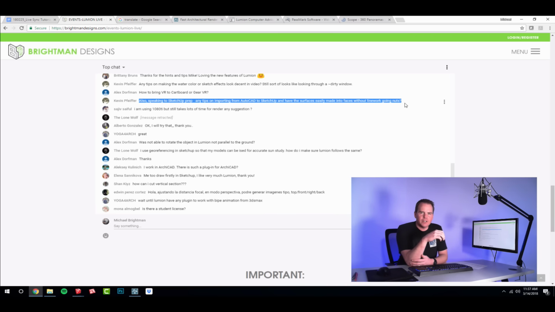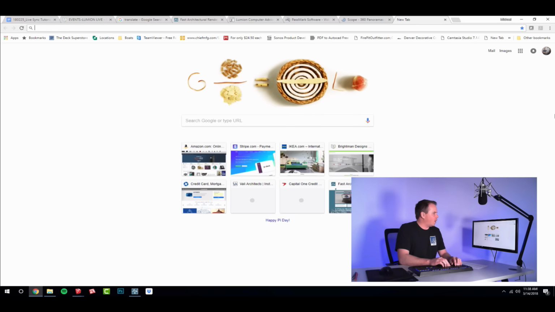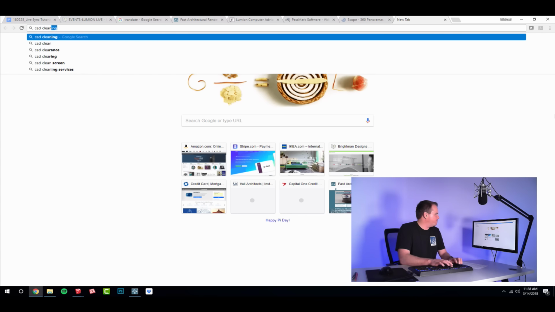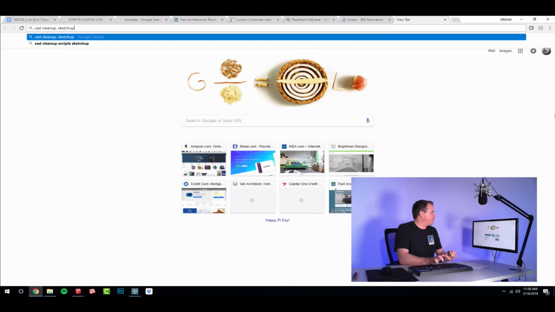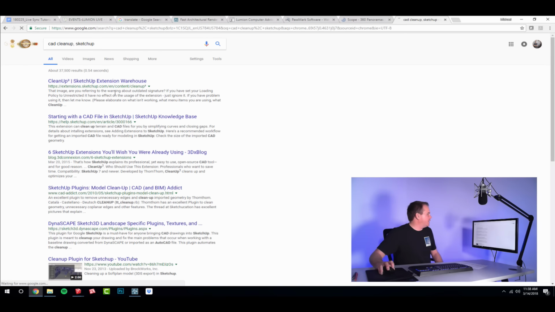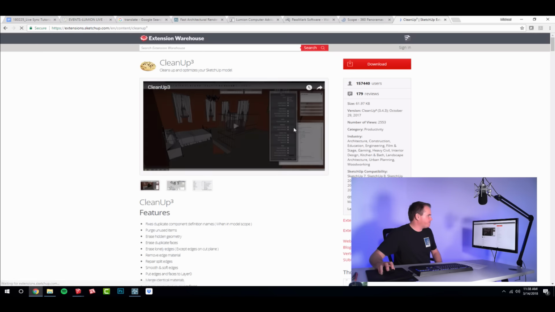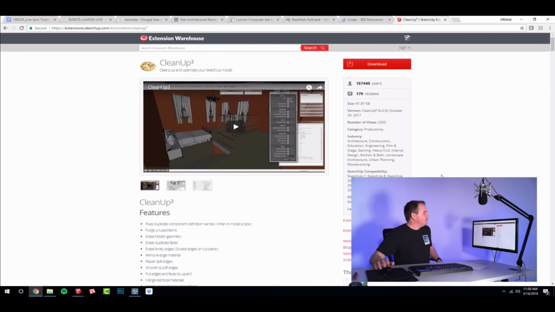Well, there's a couple of extensions you can run. So one, you import the CAD, and then I would run delete short lines, extend close lines. I think TomTom has a CAD cleanup script. I haven't used it in a while because usually I just draw over CAD. I don't use that line work. I'm going to say CAD cleanup in SketchUp. And I know that there's some on Smustard that are good. Yeah, cleanup is the one. I think that's TomTom. Let's see. Yep. So cleanup is a good one. It cleans up and optimizes your SketchUp model, and I'm pretty sure it works with a lot of CAD line